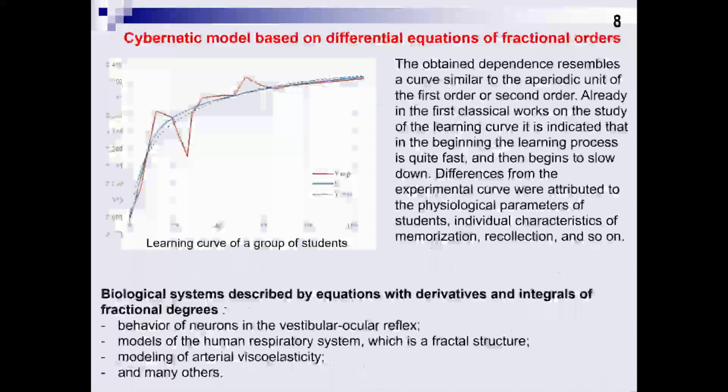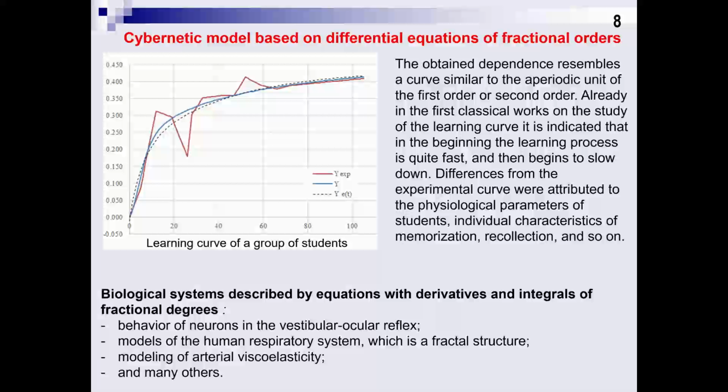Slide 8. However, we see that the second order theoretical curve does not accurately describe the experimental data, especially in the middle and at the end of the process. The total error depending on the initial bias is 5.67.3%. We usually explain this difference by the difference between the individual mental and physiological parameters of the learners, based on the peculiarities of the nervous system.